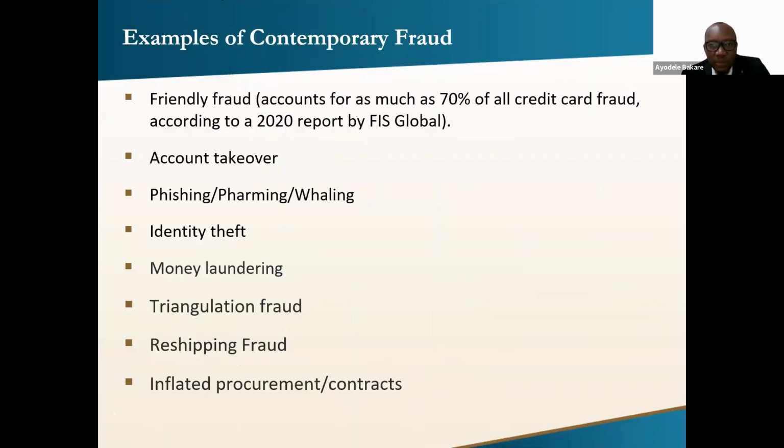So, examples of contemporary fraud from the global perspective. We have what is called friendly fraud, which accounts for as much as 70% of all credit card fraud, according to a 2020 report by FIS Global. I don't know the name we have for that in Nigeria here, but as far as the world is concerned, this is the number one type of fraud that is experienced, especially by financial institutions and also entities involved in e-commerce. So friendly fraud occurs whenever a criminal purchases something with his or her credit card, and at the same time,